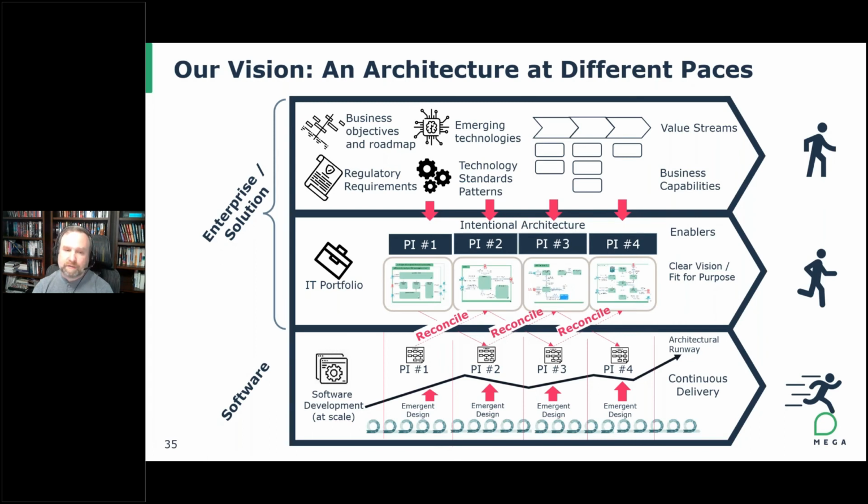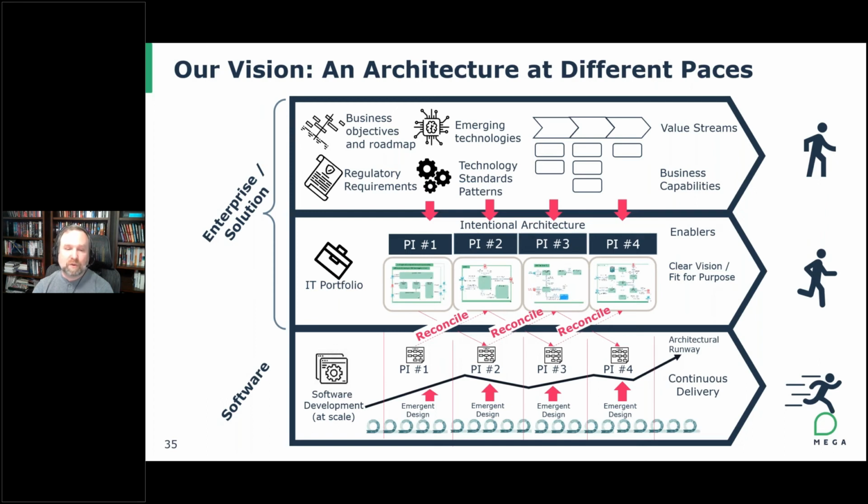Now, as we go through the software development cycle and the software architecture that's embedded within it, you will have these elements of reconciliation. There may be a point where something that's intended and supported by the enterprise and solution architects just won't work. Maybe the software architect is very modern and something they're working on is necessary for the different requirements of the strategy organization. Then that reconciliation has to exist. And again, from the enterprise architecture perspective, it has to be enablement. It cannot be getting in the way and blocking it.